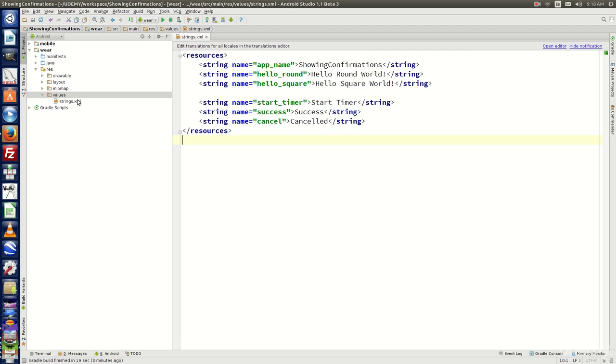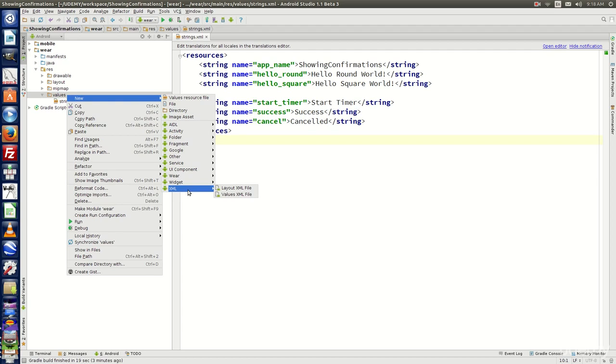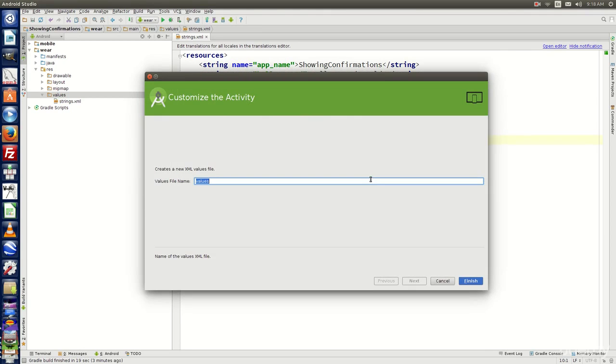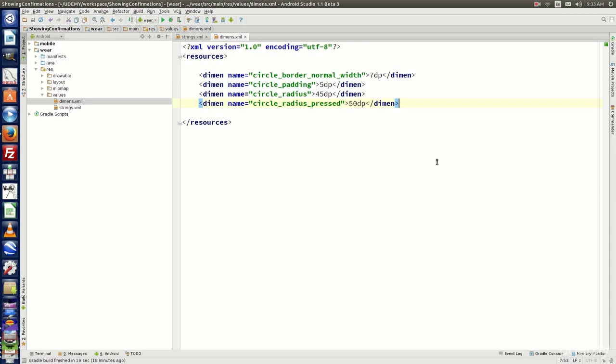Now next thing that you need to do is right click on the values folder, go to new, go to XML and go to values XML file. Give the name as dimens, DIMENS and click on finish. It will create one XML file for you. Now under the resources tag, we need to define four values. All you need to take care right now is the tag name is dimen